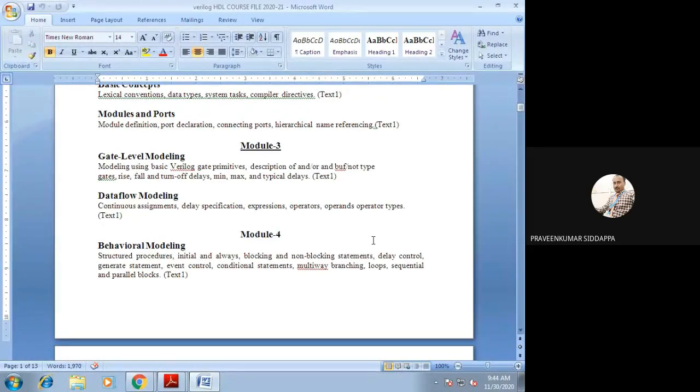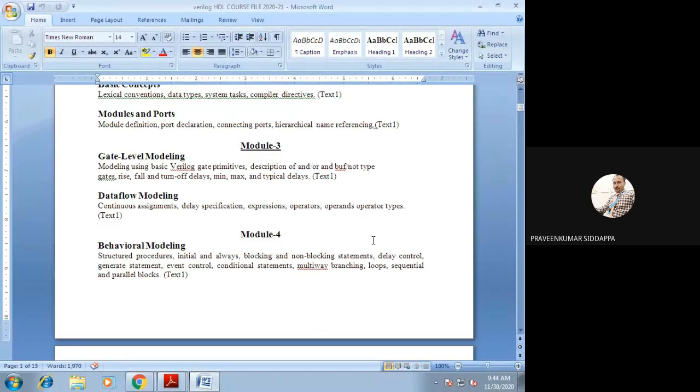So in data flow coding, it should contain only Boolean expressions. If your code contains only Boolean expressions, we call it data flow modeling. Gate level modeling is nothing but gates; we should write the gates.